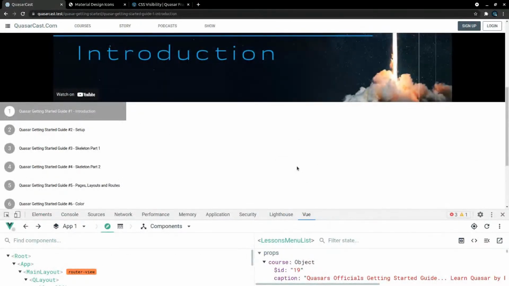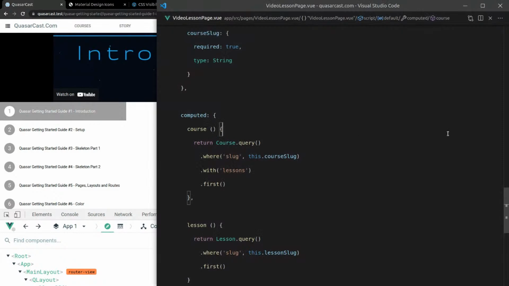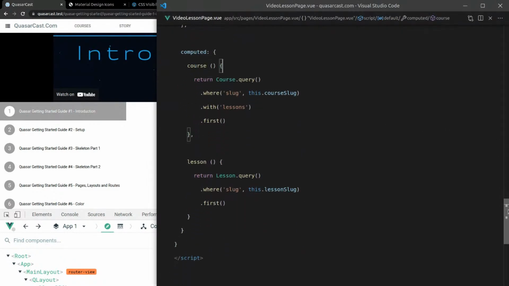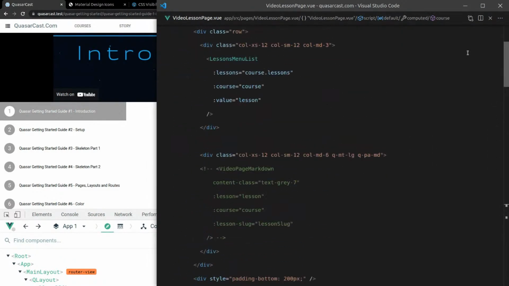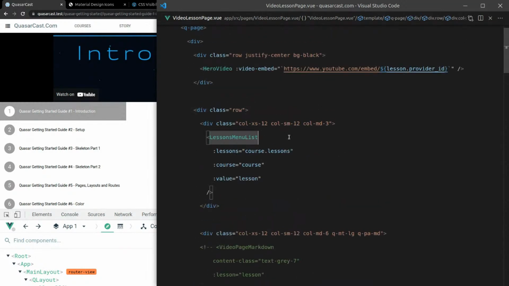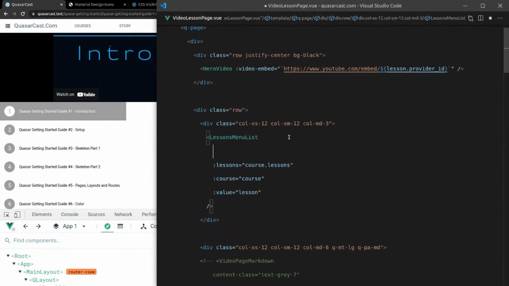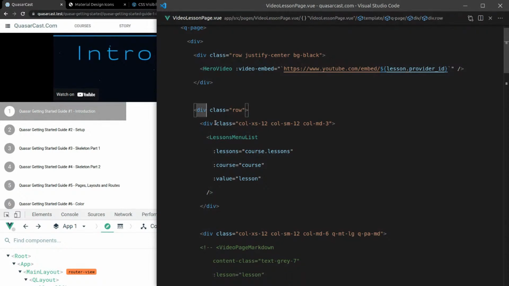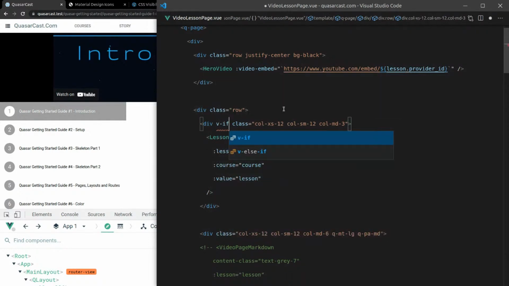Cool. And now we want to make sure that only shows up when I want it to show up. So we'll come down here and we'll say v-if. We'll do it on the whole row, I think, for now, or maybe just this div, v-if render lesson menu